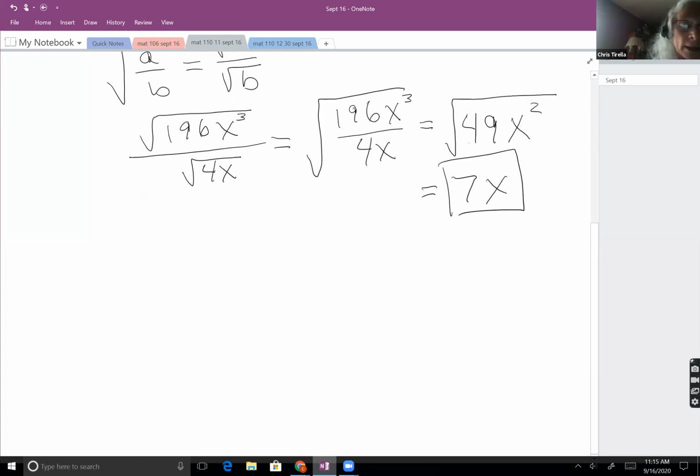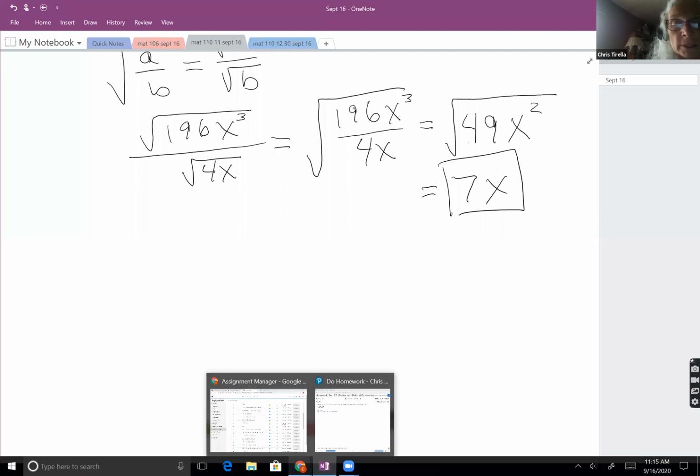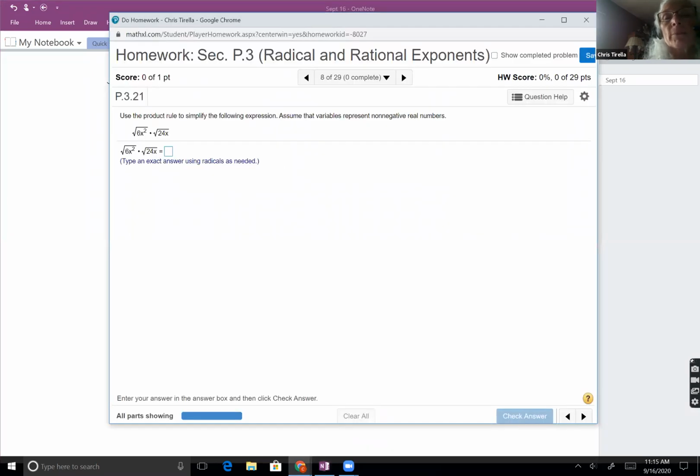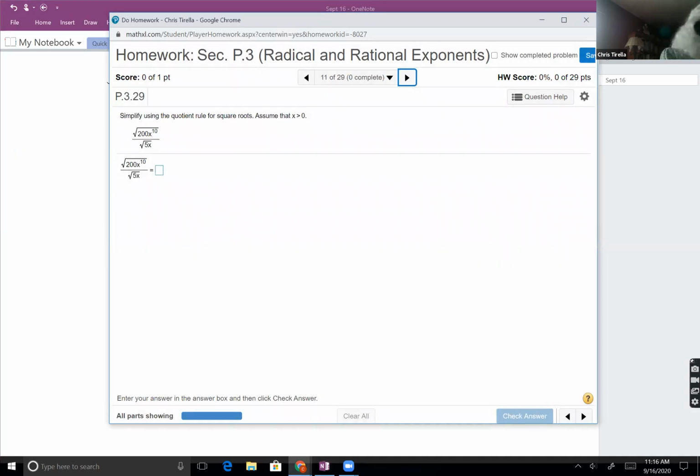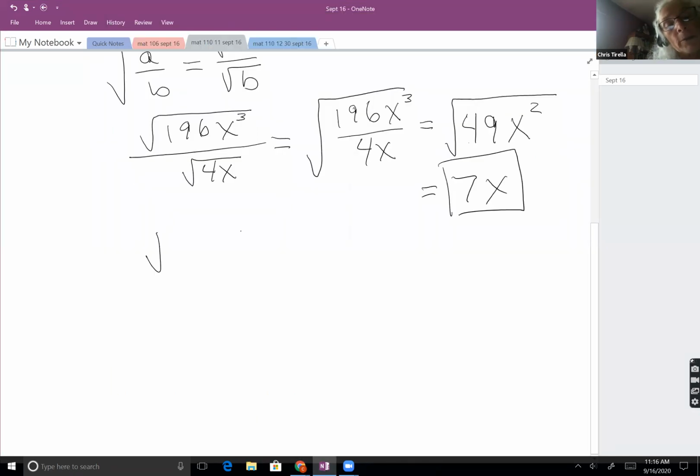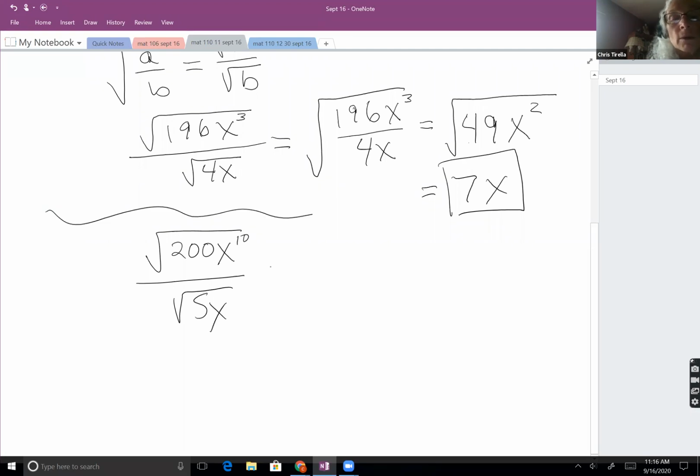Let me go back, and I'm thinking that the one you were asking about, Marcus, was more of the same. Let me go back and pull up that number 11 also. Number 11 was the square root of 200x to the 10th over the square root of 5x. So if I take the square root of 200x to the 10th over the square root of 5x, well, they're